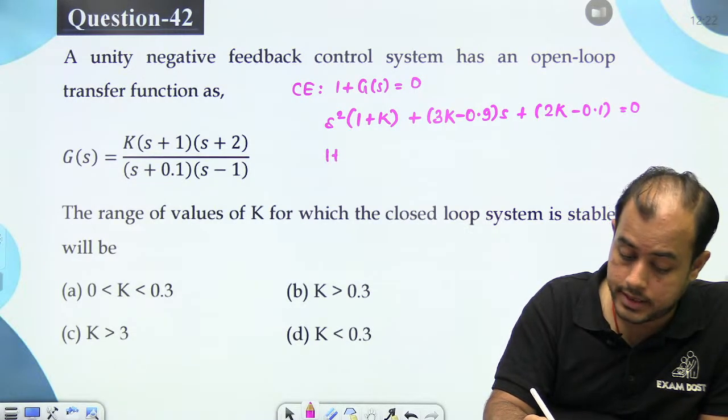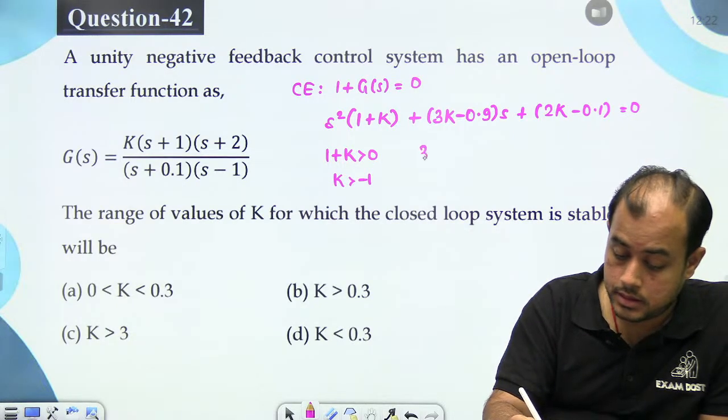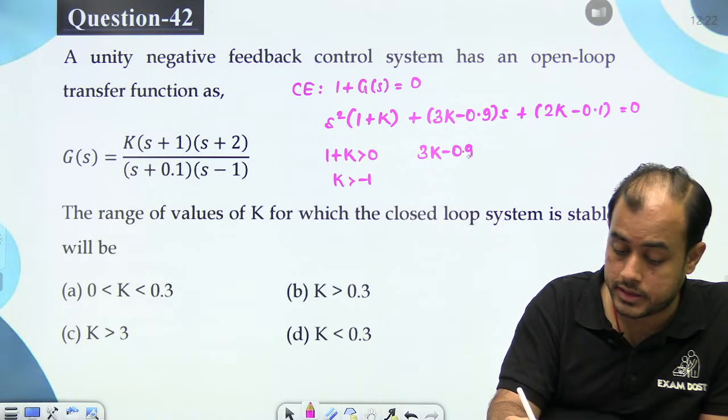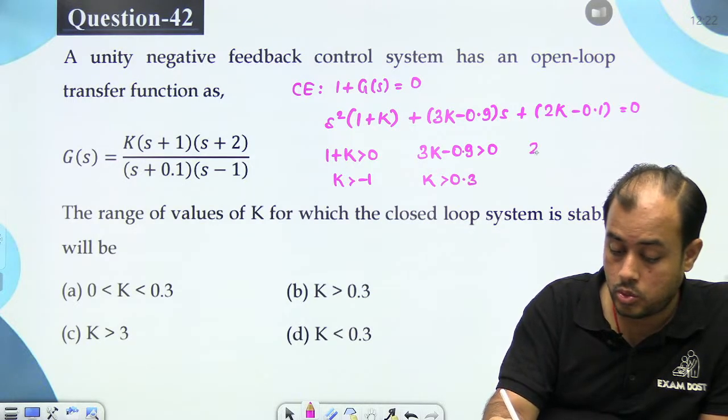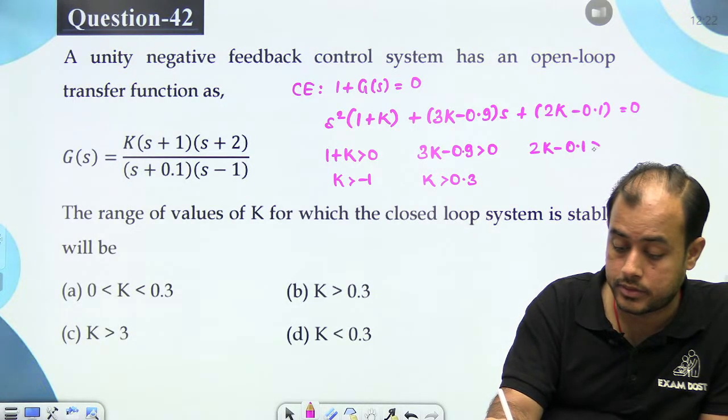So 1 plus k positive, 3k minus 0.9 positive, 2k minus 0.1 positive,